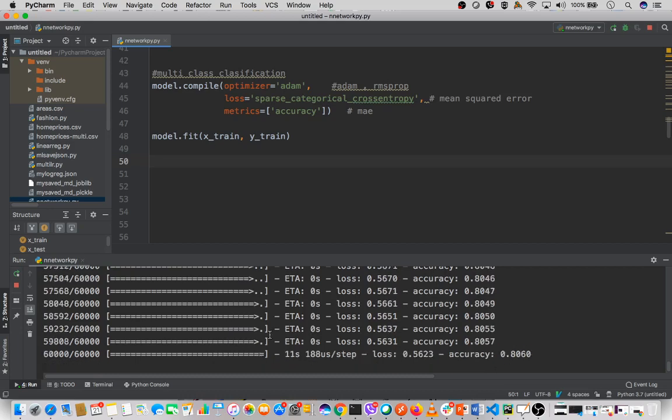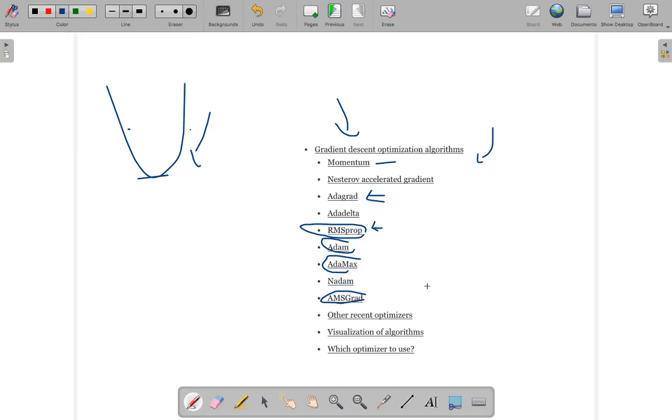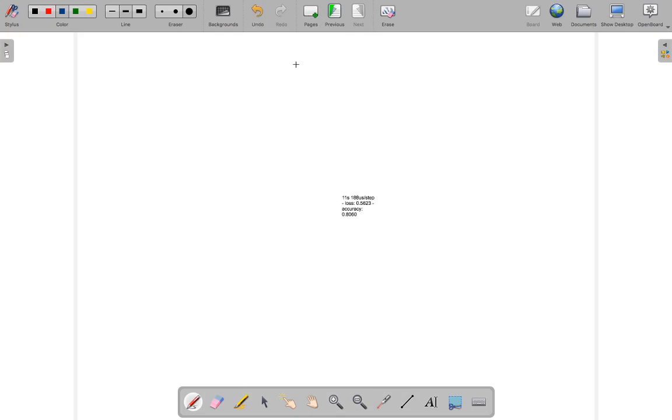All right. So once it's done, it will say the loss is quite high, almost 50%, and the accuracy is 80.60. So we'll try to put it down somewhere. Copy. I will put it here. Okay. So basically, I have loss of